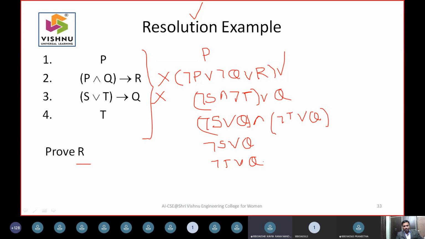Whatever I have done, yes, right? Yes, sir. And it is removed because this can be taken as statement 1, this can be taken as statement 2. This is what the rule is.